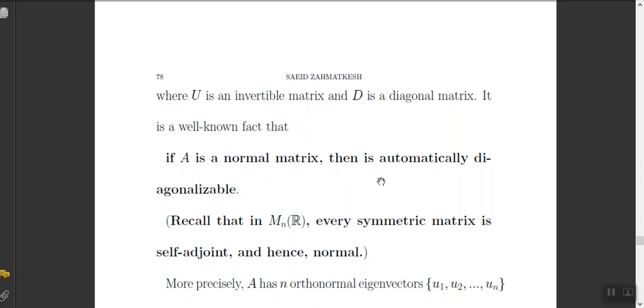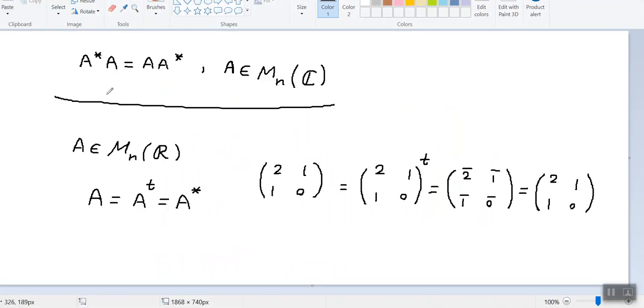But what does it mean when we say A is a normal matrix? It means A commutes with its adjoint. How do we define A star? Do you remember A star, the adjoint of a matrix, right? It's defined to be the